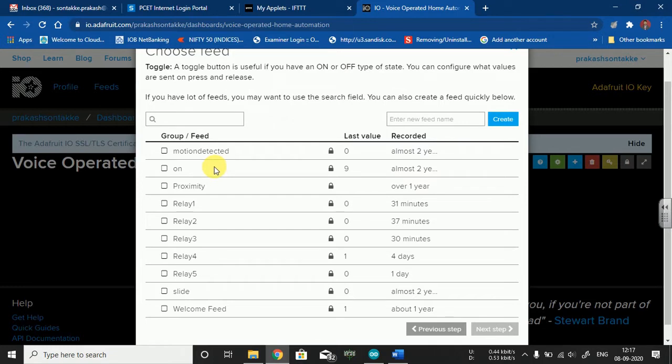Take an example, I have created multiple names over here, so I will randomly select one of them, this relay 5. Whatever name you provide, you need to mention it here, and you can create it. Once it is created, it will be added over here. Now you need to select that respective feed name and simply click on the next step.